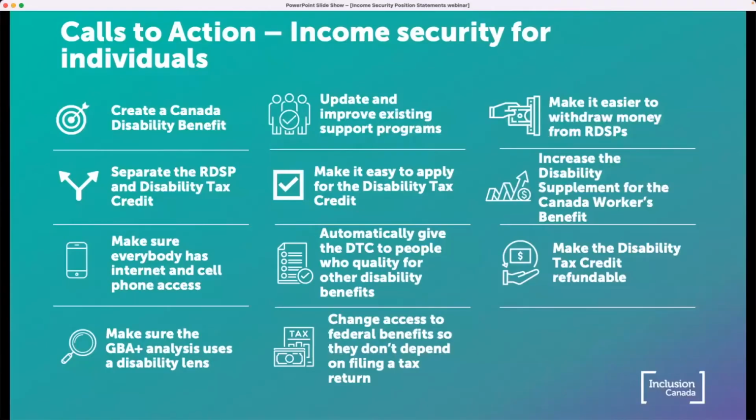concerns that we have around income security for people who have a disability and their families. Taking a lot of that information, the committee came together and created some calls to action. These are federal calls to action. Inclusion Canada advocates federally. This is not an acknowledgement that provincial and territorial programs, support programs, are where we'd like to see them, but this focus is primarily where we can push the federal government and what policies we would